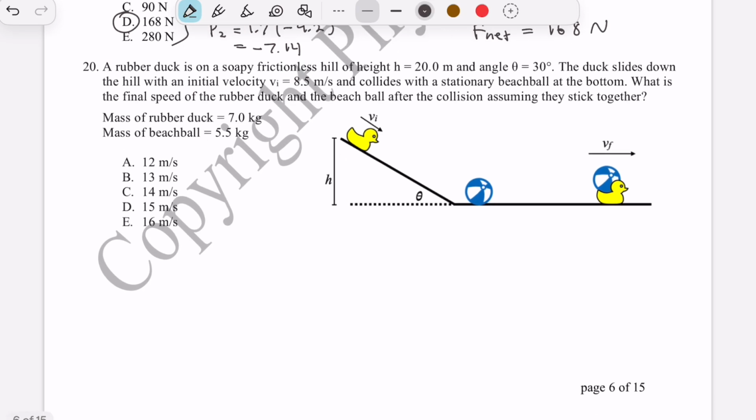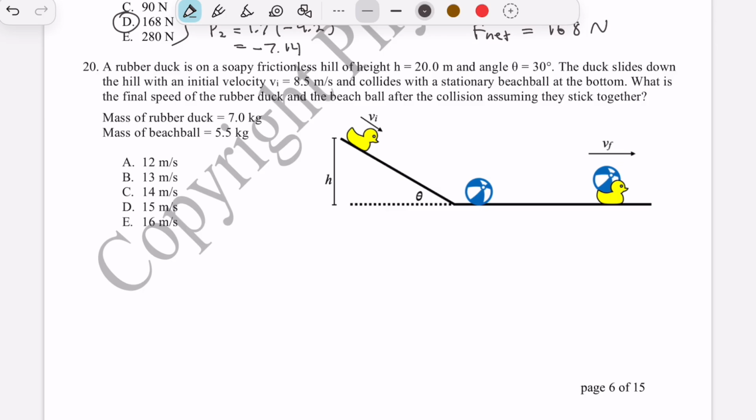Next, a rubber duck is on a frictionless hill at a height of 20, angle of 30. It slides down the hill with initial velocity 8.5 and collides with a beach ball. What's the final speed after they stick together? So here you need to use